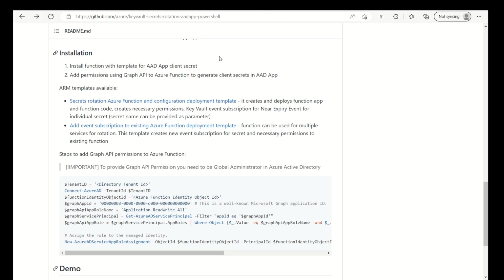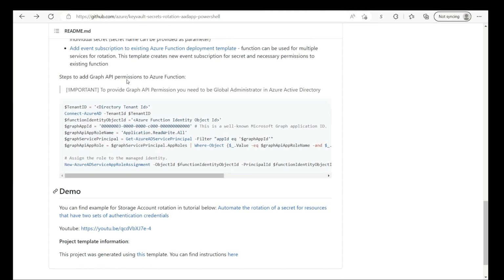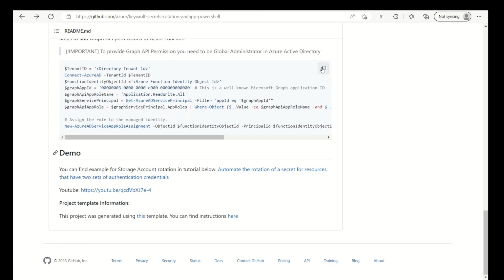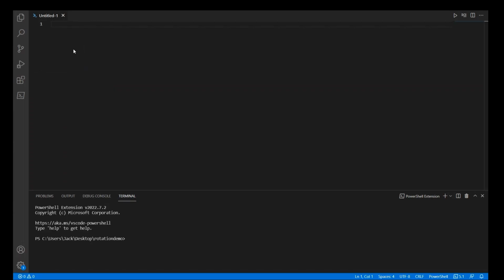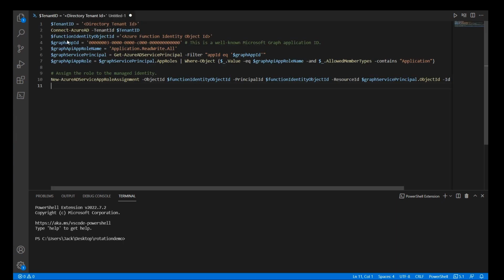So now I go back to the installation instructions. And the second step is to add permission using Graph API to the Azure function to generate client secrets in the AAD app. It is important to know that you will need to be a global administrator in Azure Active Directory to be able to execute the script. I will copy the entire script and paste it to my favorite editor. And here I see that